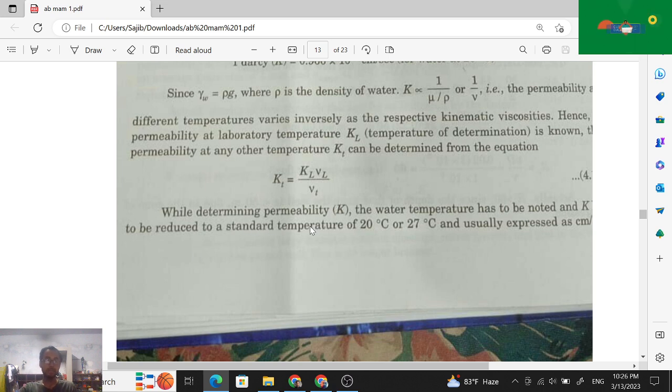While determining the permeability, the water temperature has to be noted and K has to be reduced to a standard temperature of 20 degrees Celsius to 27 degrees Celsius, and usually expressed as